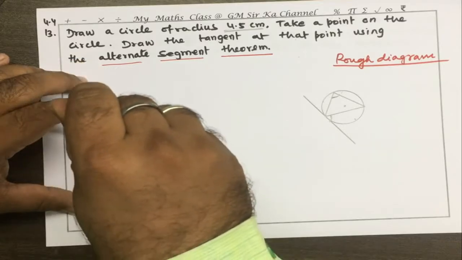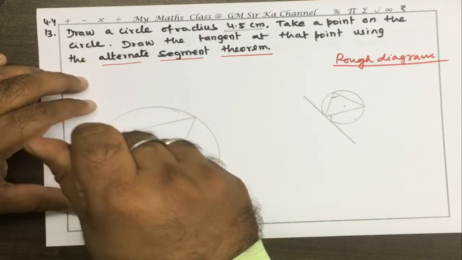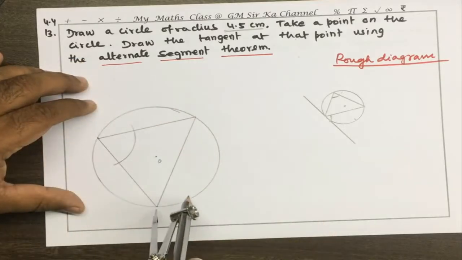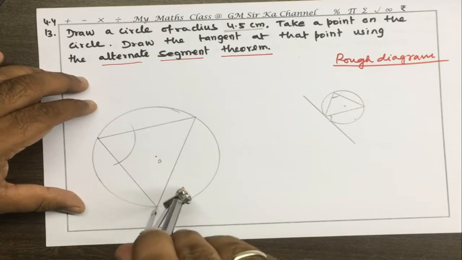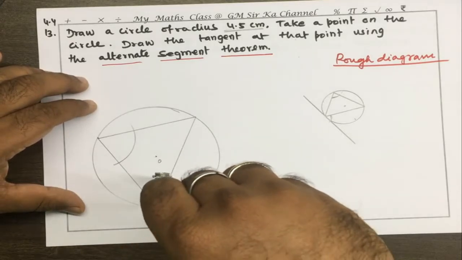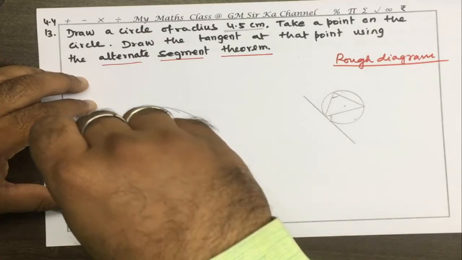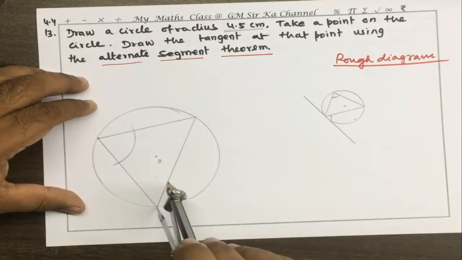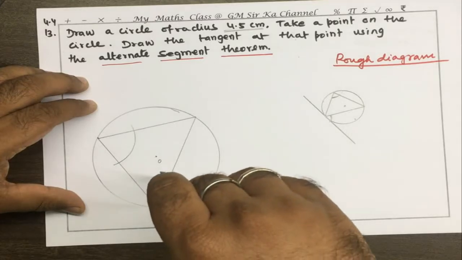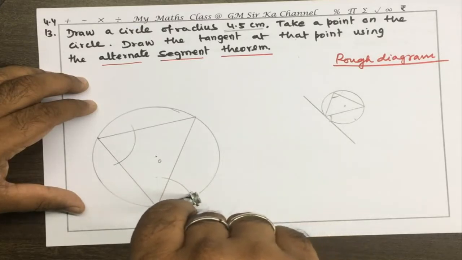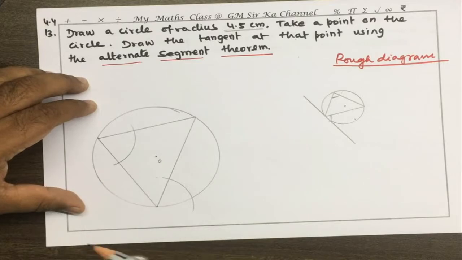Like this we have to draw the arc on the one end, one vertex of the triangle, and the same without changing the radius, again we have to draw the arc in the alternate segment,